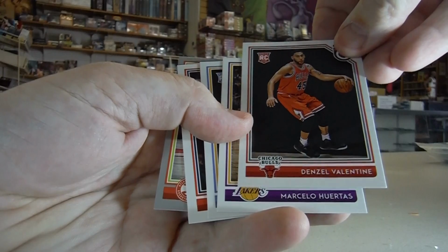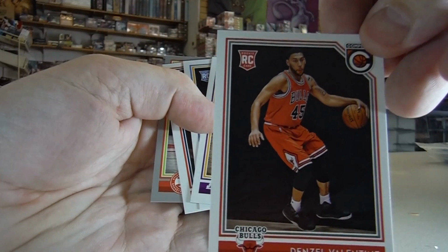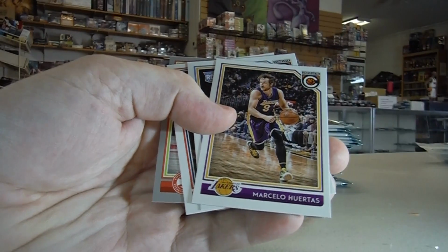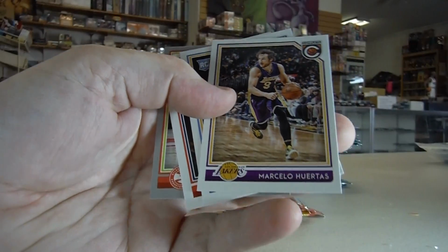Here we go. Denzel Valentine. I haven't heard of him, but I think I remember this guy from college. Anyway, that's his rookie card. And these are... What is this? This was